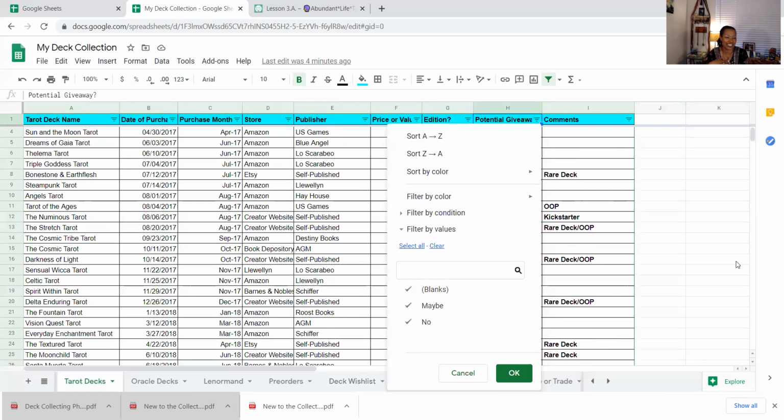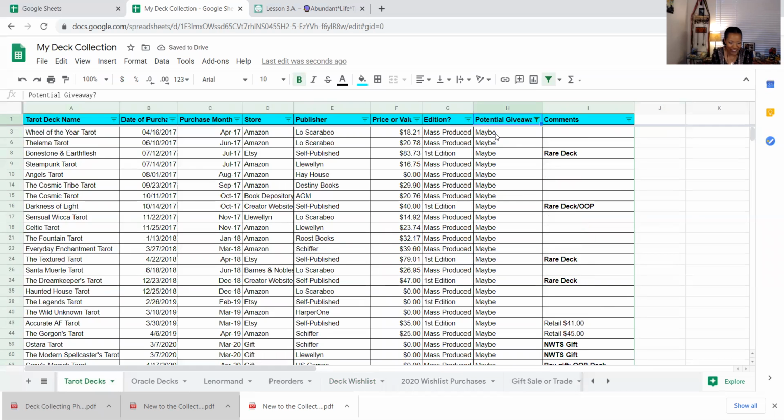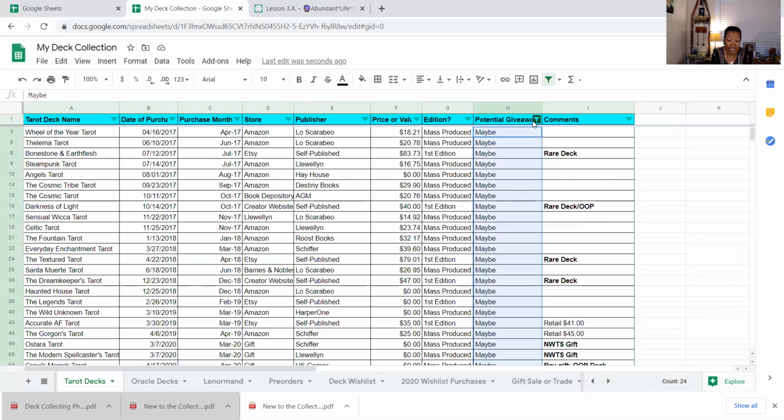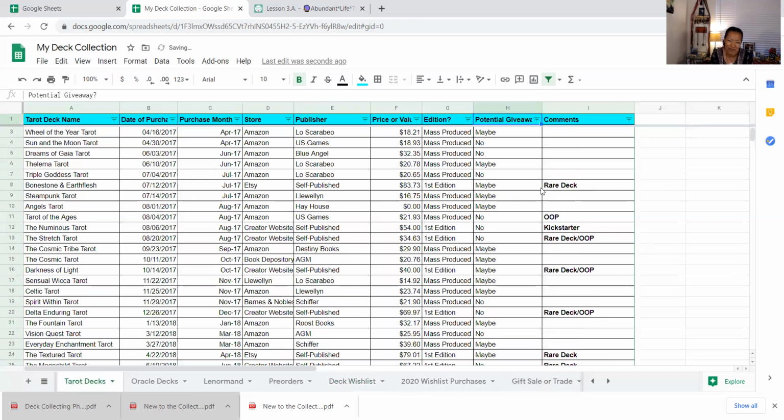I usually give new decks in giveaways, by the way. But if I just want to say, hey friend, I don't need this deck anymore, I'm not really using it, would you like to use it? So I have a column for that. So we put maybe. I can't even bring myself to say yes. So I have, let's see how many, I have 24 maybes on my tarot list that could more than likely flip to yes, but we'll see.